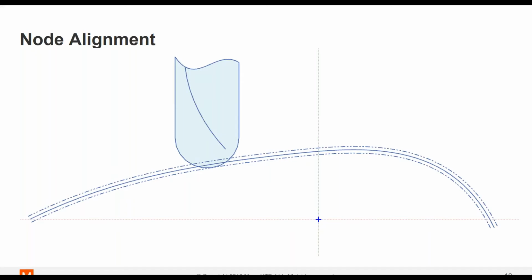Okay, let's move on to our next topic, which is node alignment. And I'm going to start with some definitions here. What you're looking at on the screen is just an approximation of a surface. So you've got the bold blue line in the middle represents our surface. And then in the light blue, I've got a ball end mill that I'm using to machine this part with. So what are the dashed lines around the outside of that? That represents our in-tol and out-tol state.